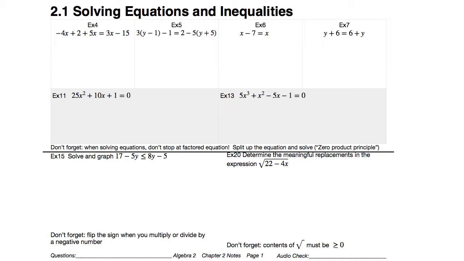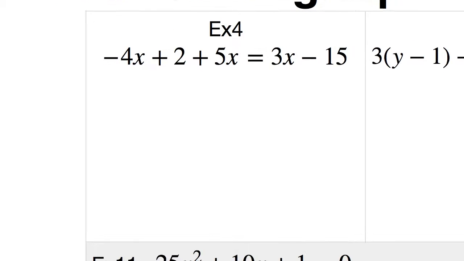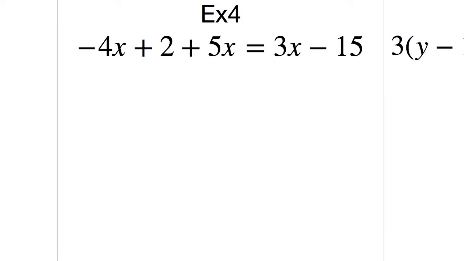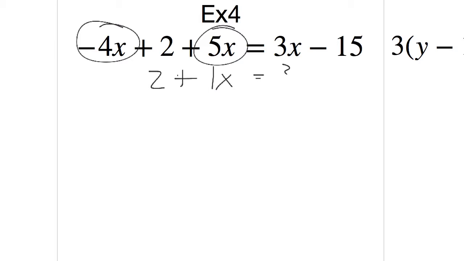This is section 2.1, solving equations and inequalities. Let's dive right in. If we're going to solve this equation, we can combine our like terms, and we get 2 plus 1x is equal to 3x minus 15. Adding 15 to both sides, we get